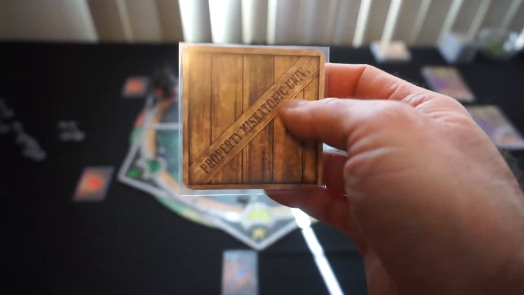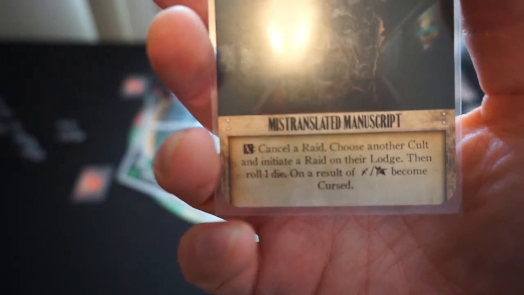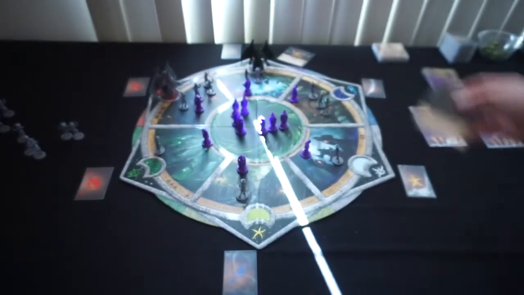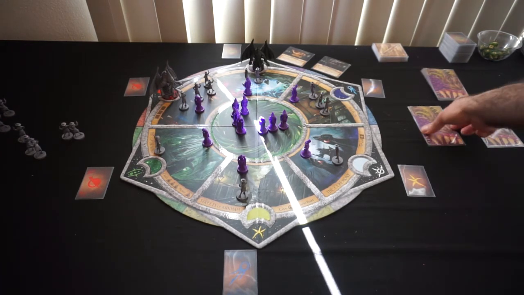And Mistranslated Manuscript. Discard to cancel a raid, choose another cult and initiate a raid on their lodge, then roll a die. On an Elder Sign result, become cursed. So anyway, similar to the artifact deck, we'll have 2 monsters that we can choose from. Or we can potentially, when we go to summon a monster, we'll have 2 we can choose from, or we can take our chances with the reserve. But anyway, first monster up in the reserve